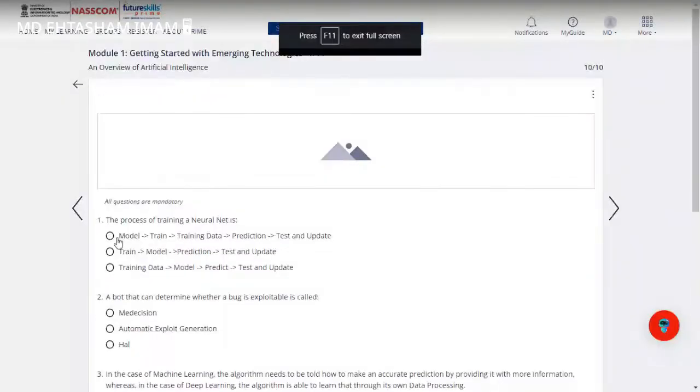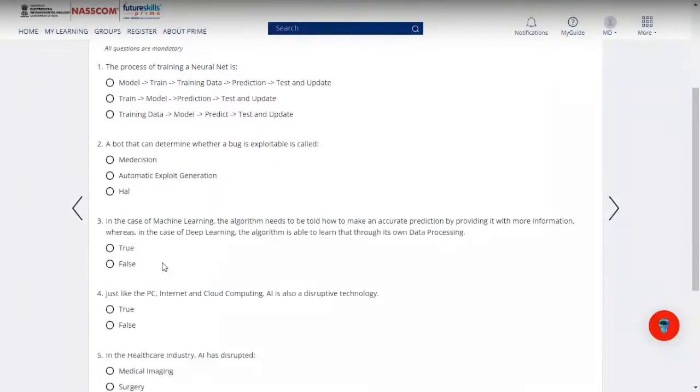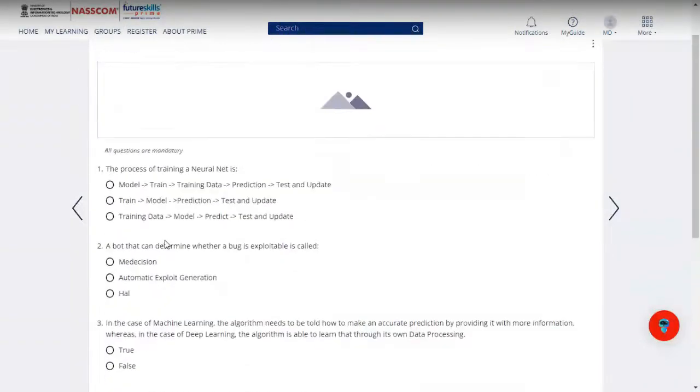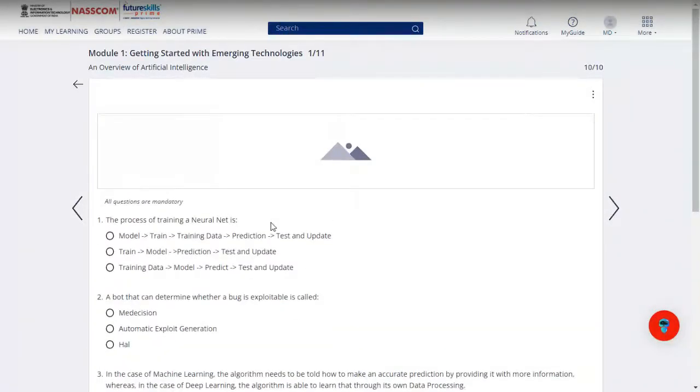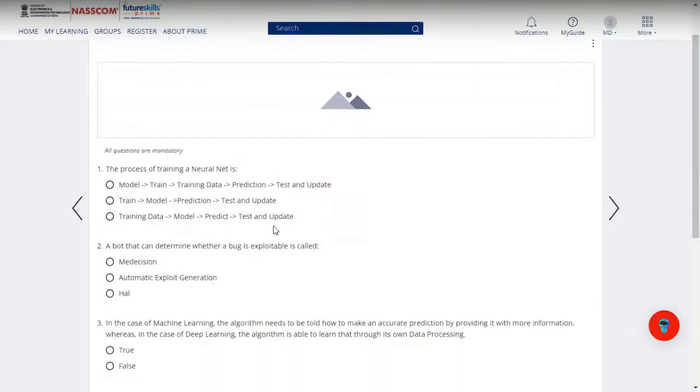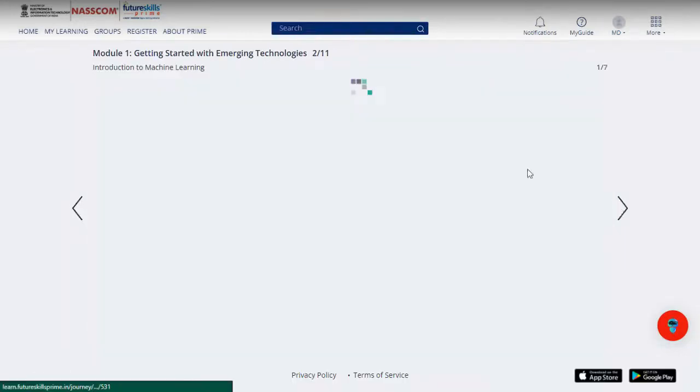The questions here are all from outside what we have studied. You can find the answers yourself. This test is just for preparation. It is not like the final test, but still you find out the answers and then you attempt the test.